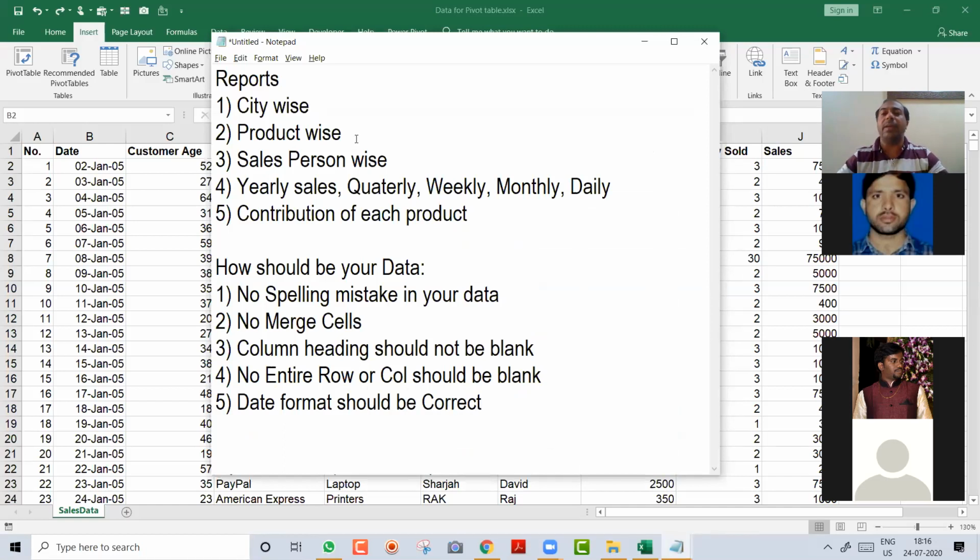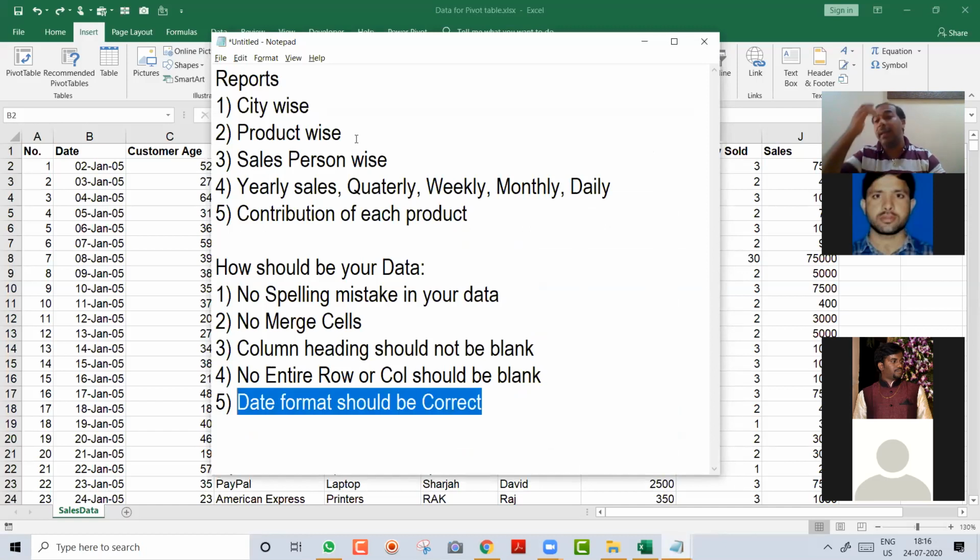This is a very different topic, formatting a date column, which we will take in some of the complimentary sessions for you in the near future. Now I can't take this.